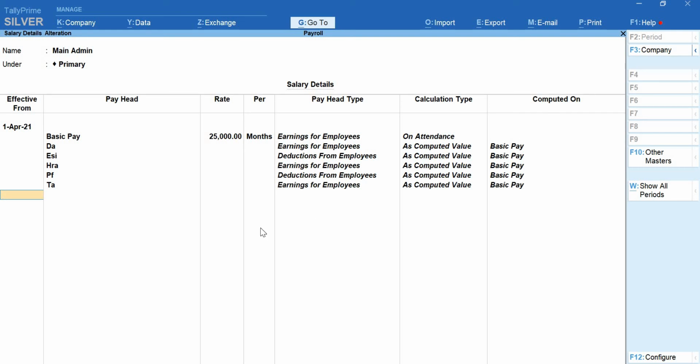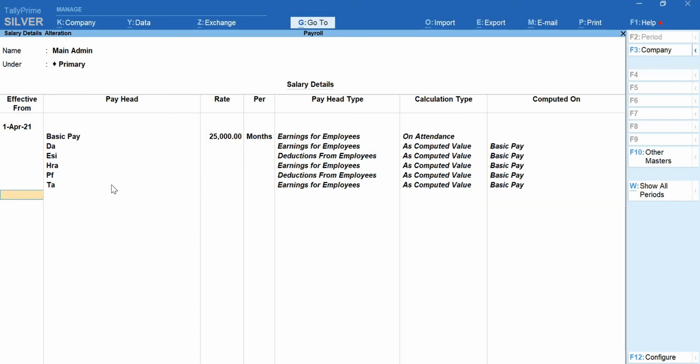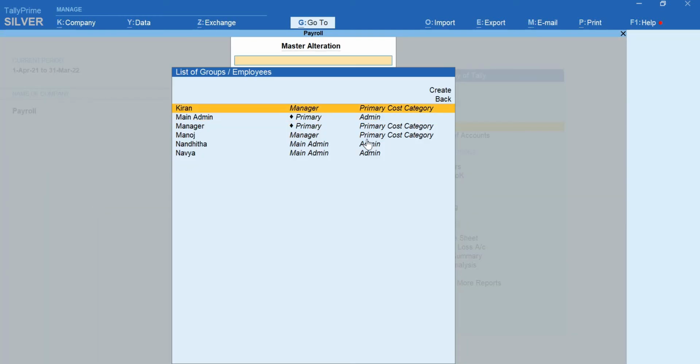And here we will not provide any amount next to dearness allowance, TA, ESI, anything because we have asked Tally to compute on the basic pay. So if you have given the value for basic pay, based on the percentages you gave, it will calculate all the other allowances. Yeah, we are done defining the salary for main admin.